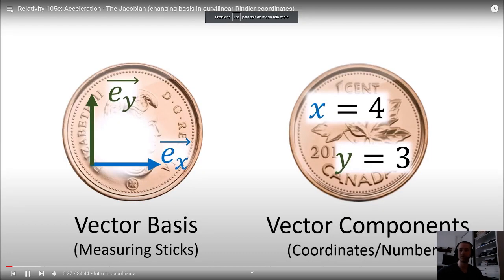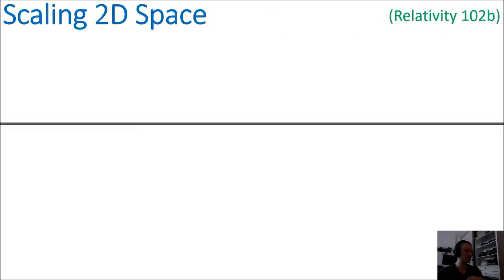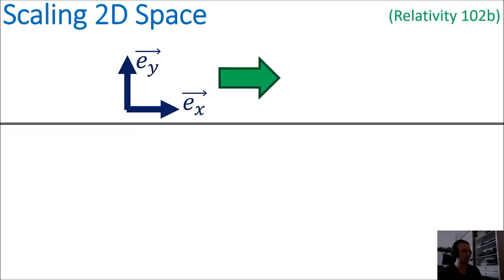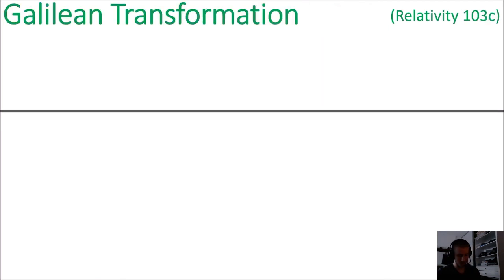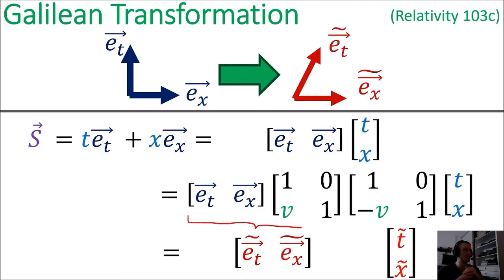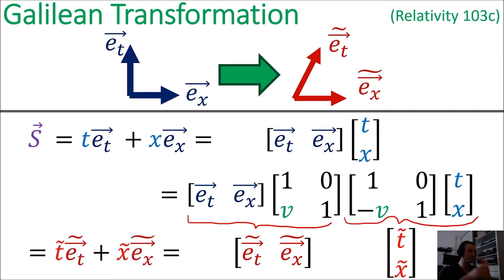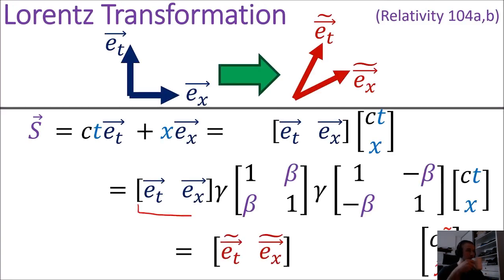Also, when basis vectors change in one way, a vector's components will change in the opposite way. We saw this first in 2D space, where making the basis vectors twice as big with a matrix of 2's results in a vector's components becoming twice as small, with a matrix of 1/2. Then, in Galilean relativity, we saw that when the spacetime basis is transformed with a Galilean matrix, a vector's components are transformed with an inverse Galilean matrix. Then, in special relativity, when the spacetime basis is transformed using a Lorentz matrix, a vector's components are transformed using